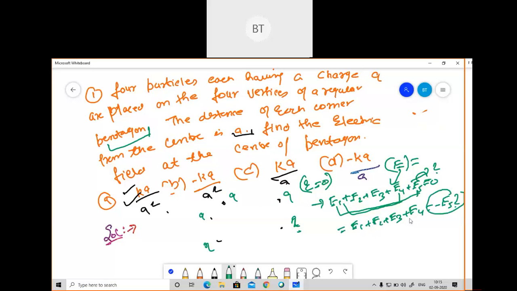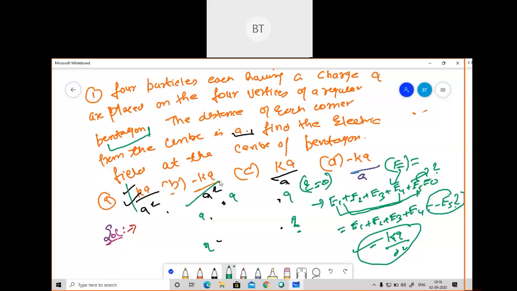So for this, you already know that E5 should be equal to KQ by R square. Since we needed to calculate it, I'll put a minus here. So this will be your answer. See, they had tried, but your actual answer is B. Questions like this come in GATE for one mark. See how simple the problem is. You just have to think, and after thinking, you'll get the answer.